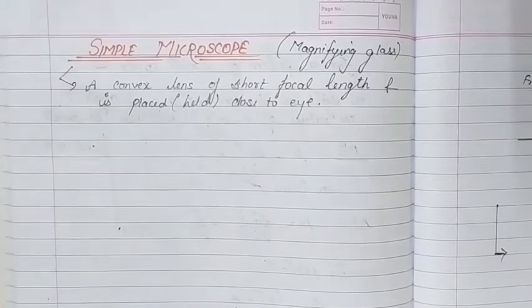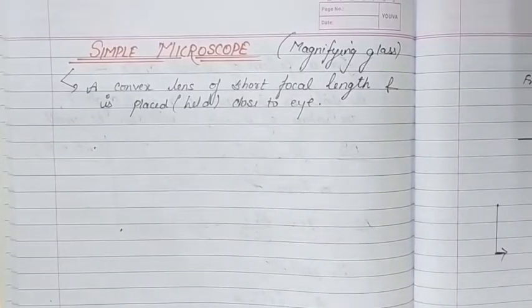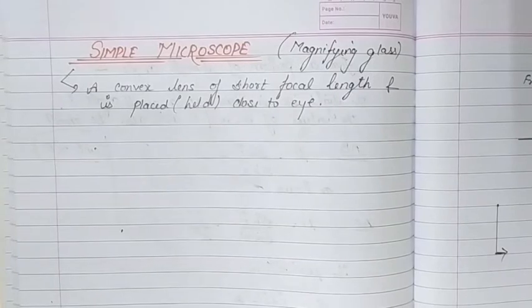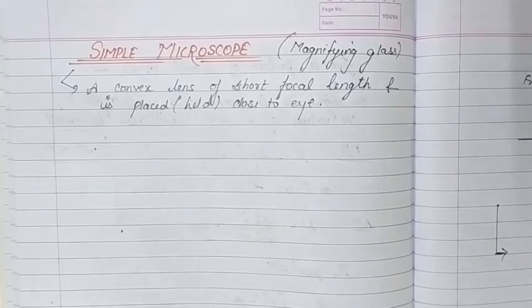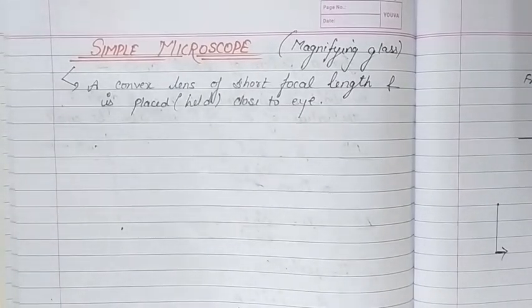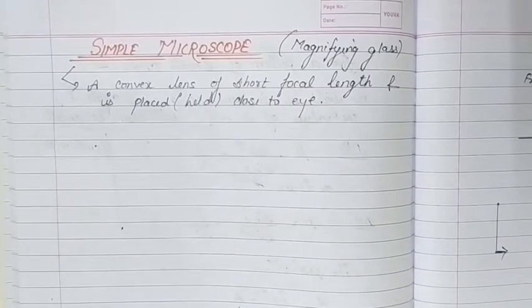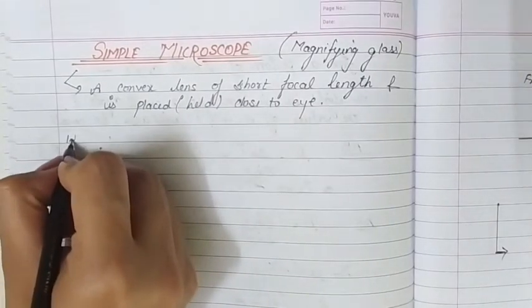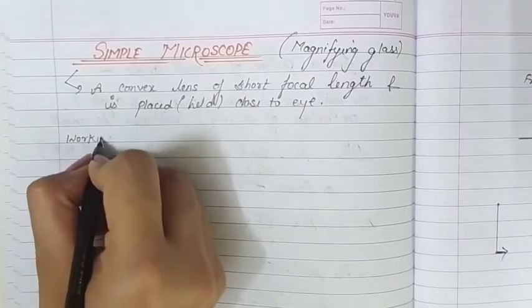If we talk about its working principle, there are two different cases. First case, when the final image is formed at the least distance of distinct vision, that is denoted by capital D, and the second one is when the final image is formed at infinity. So it works on two separate working principles. We will study both one by one. So in working principle, the first we are going to study is